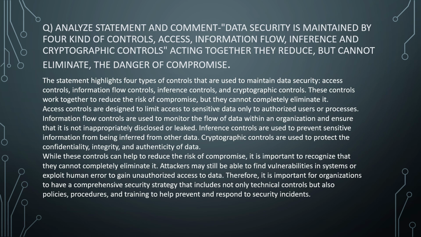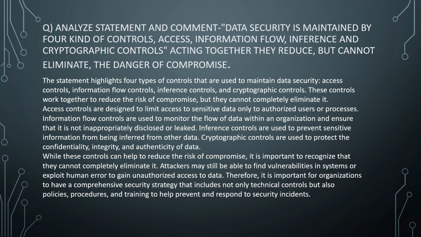Our next question is: analyze the statement and comment. Data security is maintained by four kinds of controls: access, information flow, inference, and cryptographic controls. Acting together, they reduce but cannot eliminate the danger of compromise. So its answer is: the statement